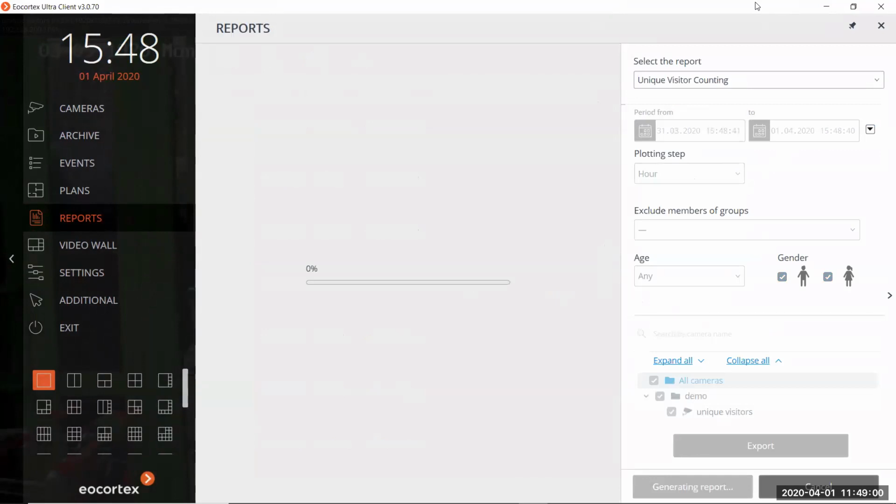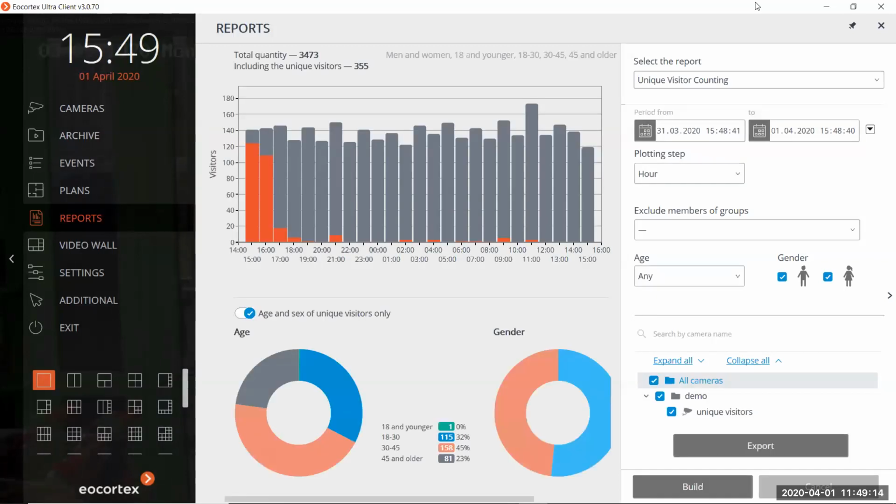So this module is using the facial recognition engine. It counts the facial detection events. So we can see the number of visitors, and also this module can check if this person was detected for the first time or was detected before.